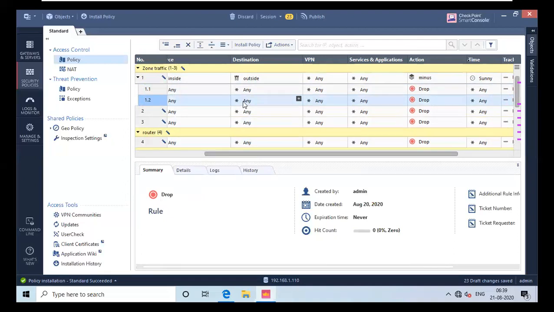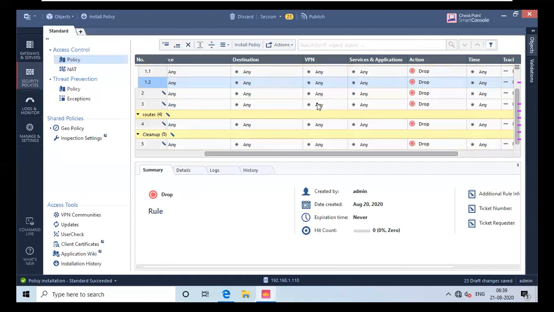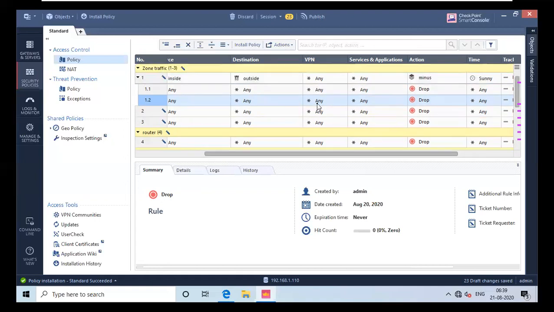So you can change the object, you can edit out the objects. It's completely up to you what you have to do. So these are changes. And one more thing, after your completion, you have to basically publish it and install it. Okay. And the other thing that I want to say here is, in a corporate environment, make sure you categorize each and every policy, because it's easier to find it.